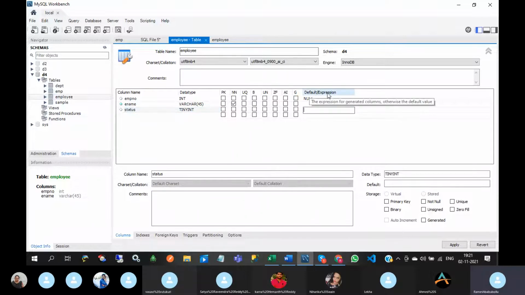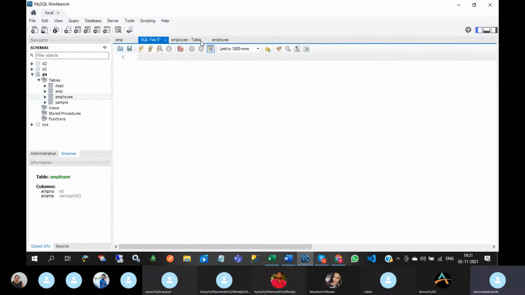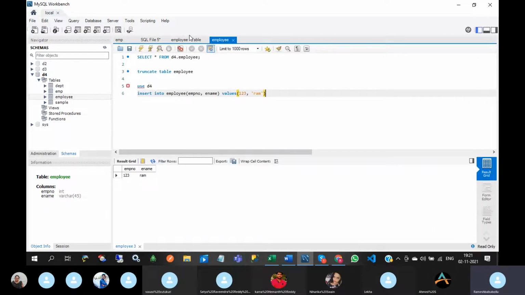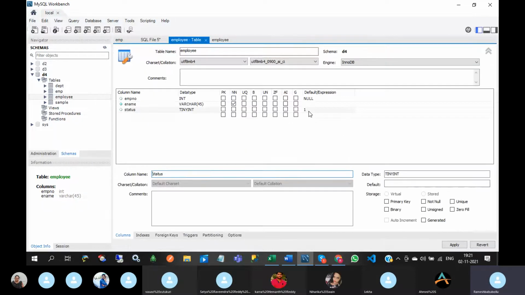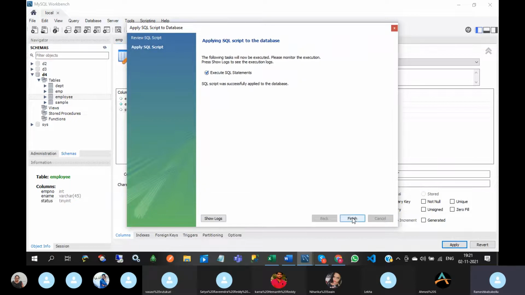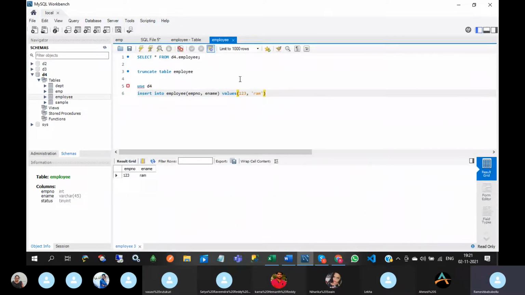Here, see this, default expression is there. So 1. That means if you don't consider this status column in the insert query, then it will automatically insert 1 into the table. But for existing records it will not insert 1.